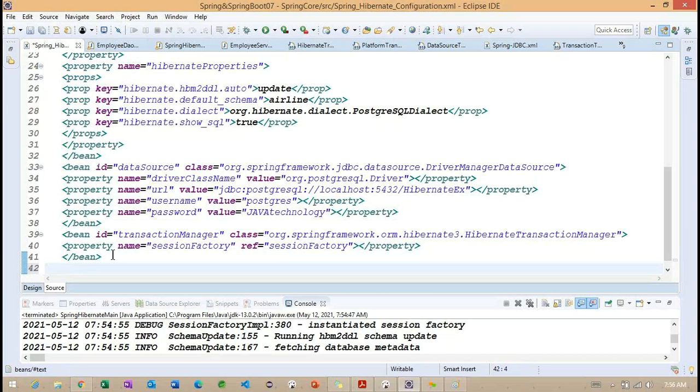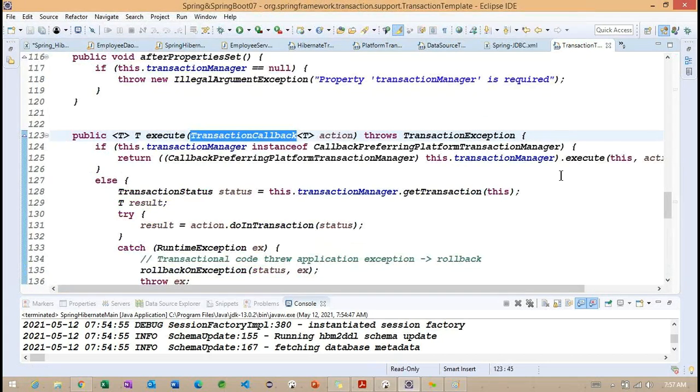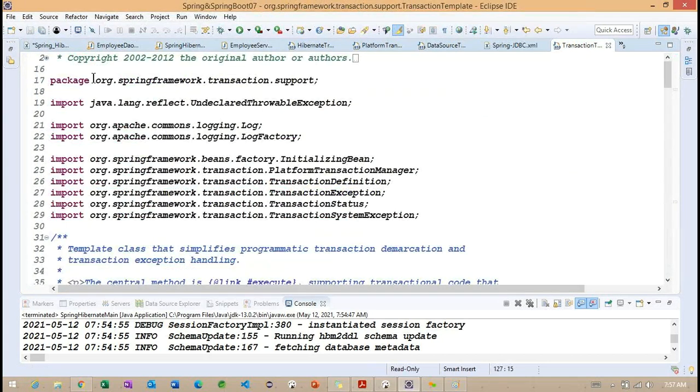Here, I want to specify one more thing. I want to specify transaction template. So what exactly will the transaction template class contain?